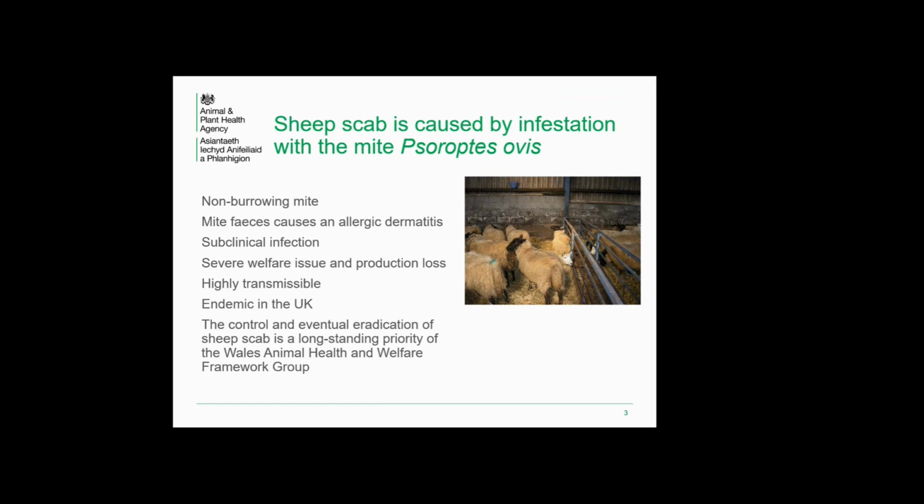in the classic clinical signs that we associate with scab, such as itchiness, so rubbing against objects, wool pulling, nibbling, as well as wool loss and scabbing on the skin. Sheep scab is a severe welfare issue, and infestations in flocks can lead to significant production losses. It's highly transmissible between sheep, and the mite can also live in the environment for up to 17 days, which